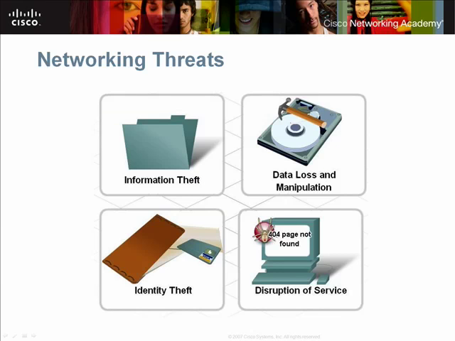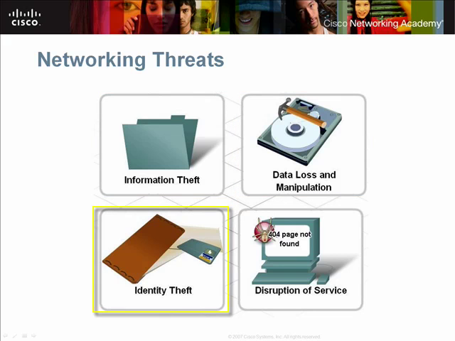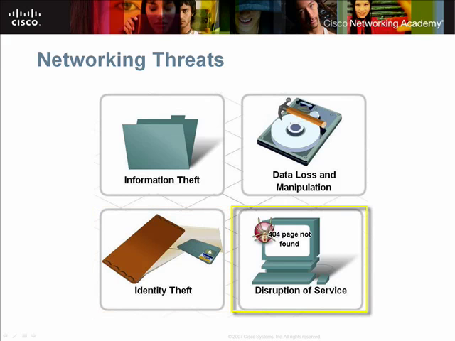Businesses today depend upon information, data, customer identification information, and service. It is not surprising, therefore, that network attacks focus on these business necessities. Information theft involves stealing such documents as corporate research results. Data loss and manipulation involves deletion of database records or changing of price information. Identity theft involves the stealing of an individual's personal information in order to apply for credit cards and make unauthorized purchases, for example. Disruption of service includes denying legitimate users from services to which they are entitled, such as web